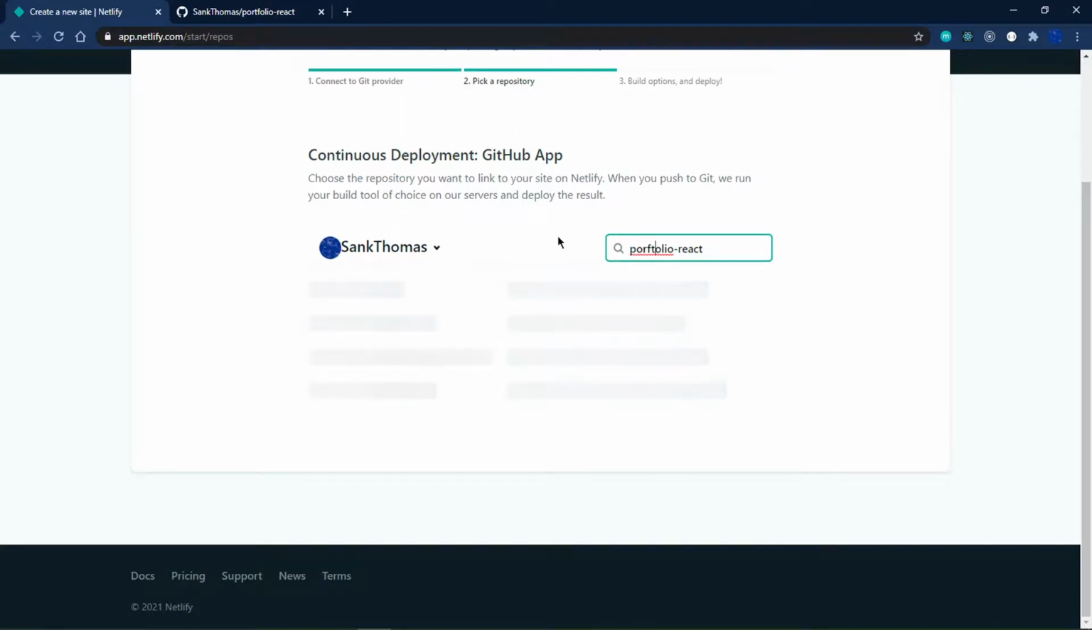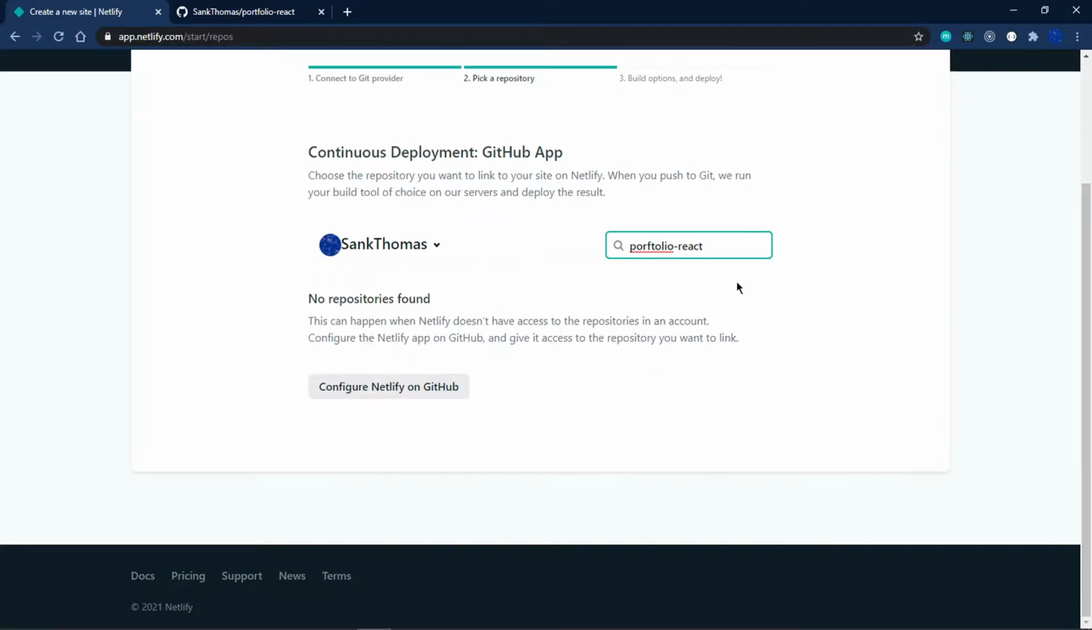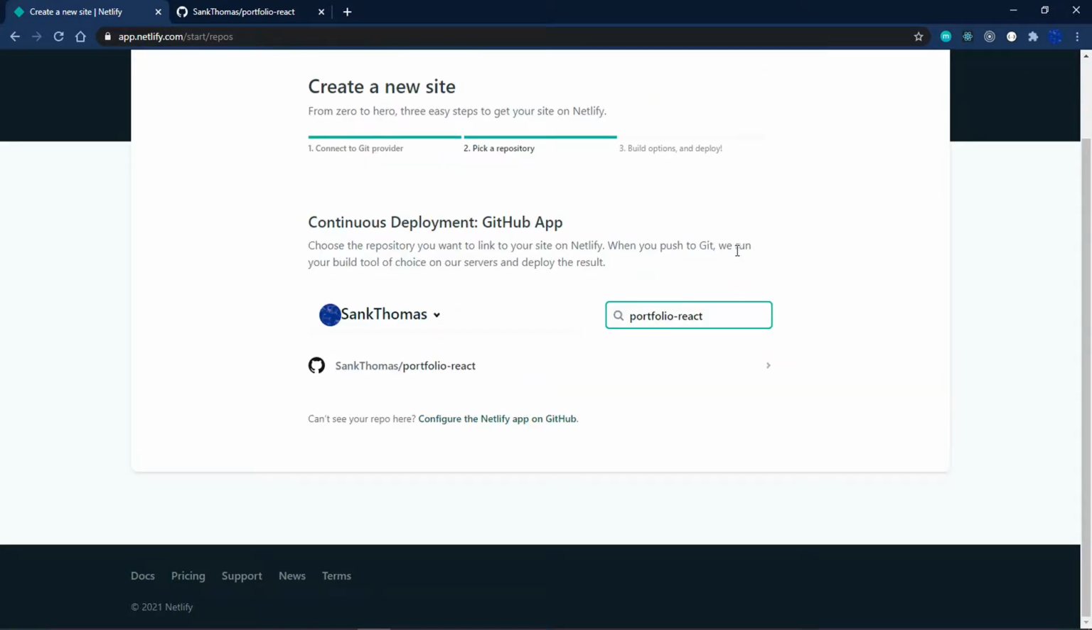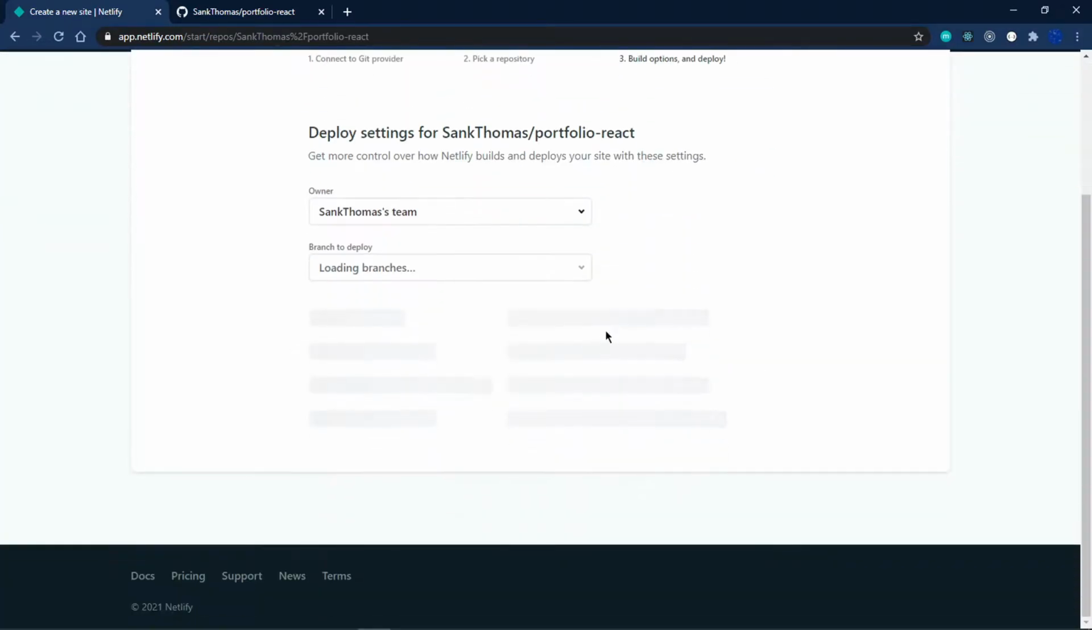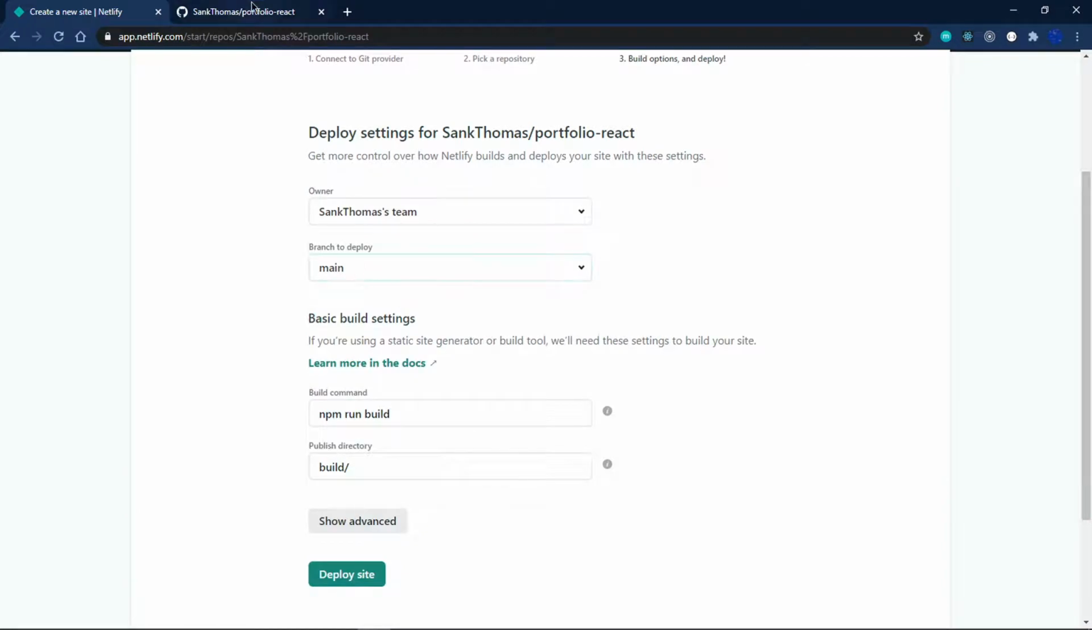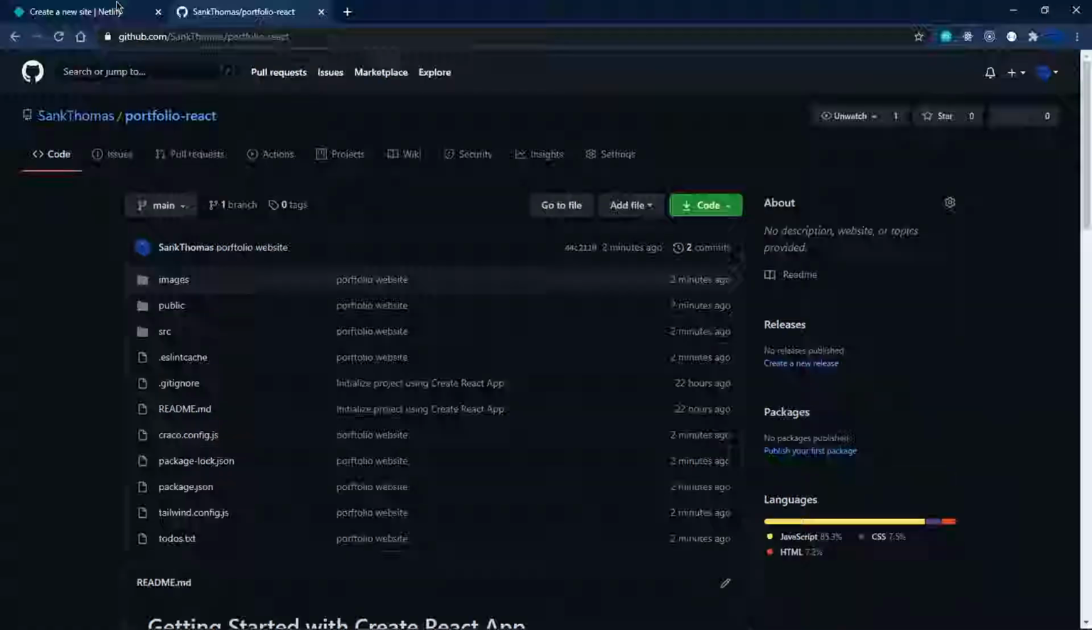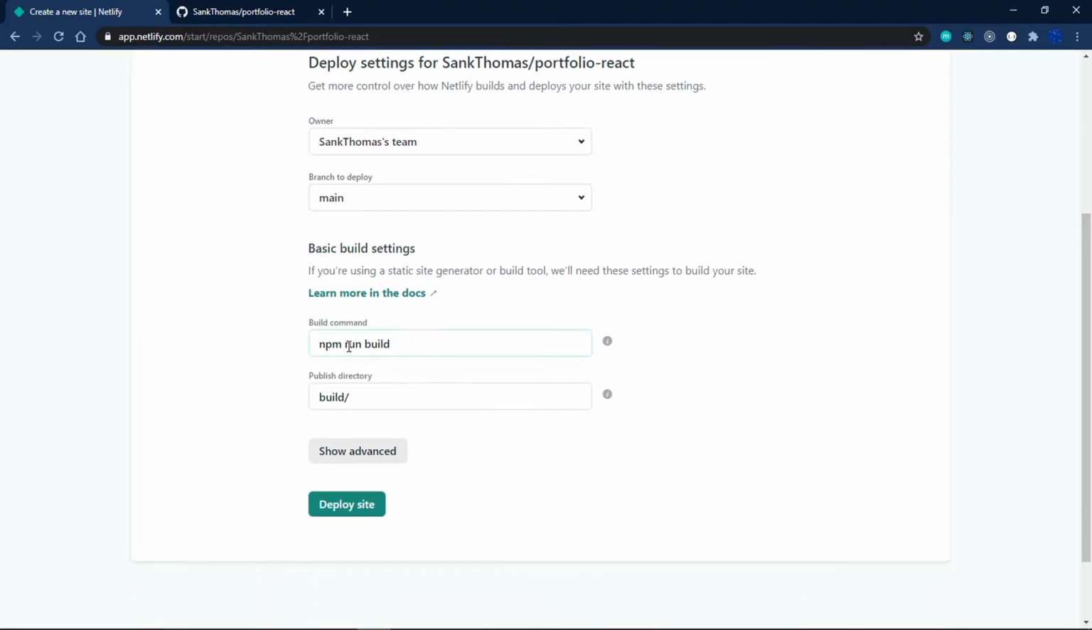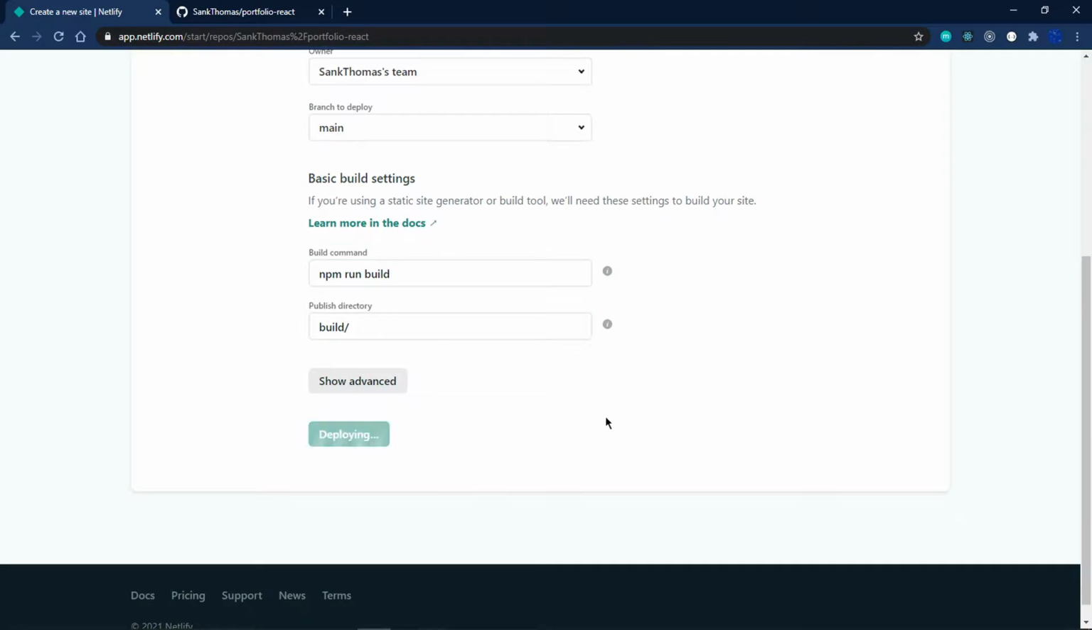Portfolio like that. What am I typing? Portfolio. I don't know how to type. Okay, so there we go. So this is the repository that we have just created, this one right there, and I'm going to select it. And then the branch to deploy is the main branch, as you can see. And then the build command is npm run build, and the publish directory will be the build folder that is created from this. So if I click deploy site,